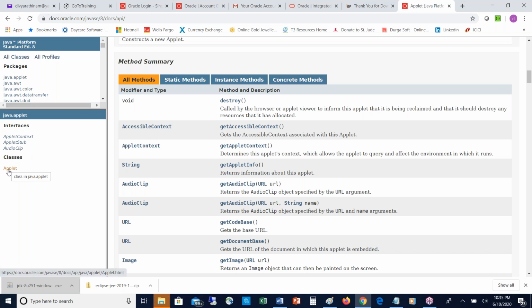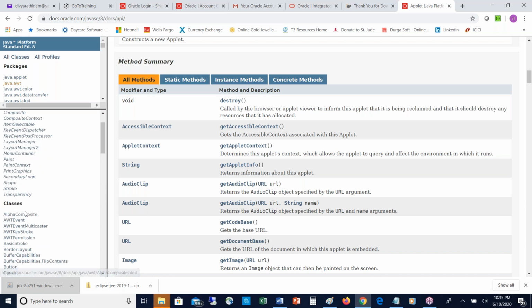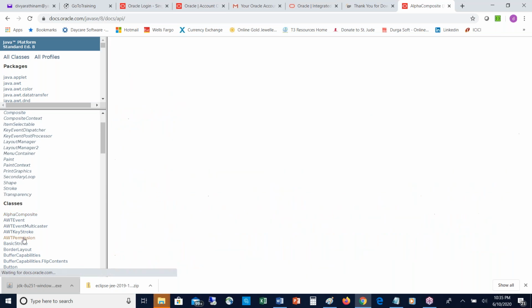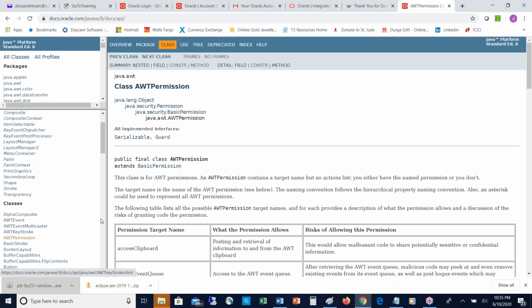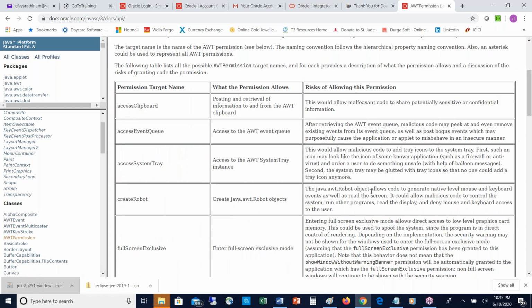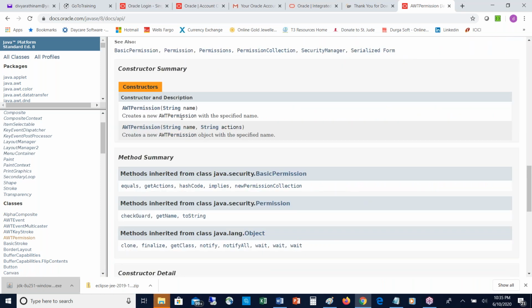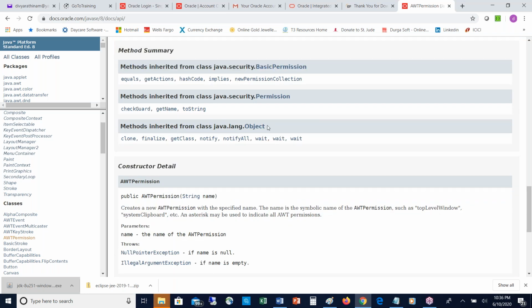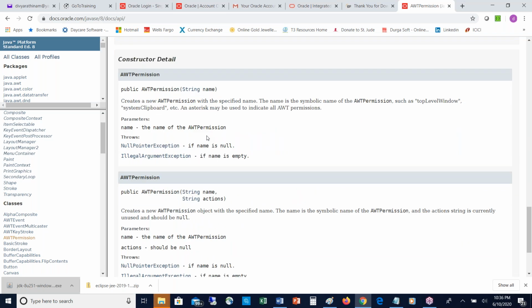Try to click any other package, any other package, and it's all the same thing. Click any other class down below, see the right side, scroll down, and see some constructors are there and some methods are there. Getting? Like this. So a package is a collection of classes and interfaces.